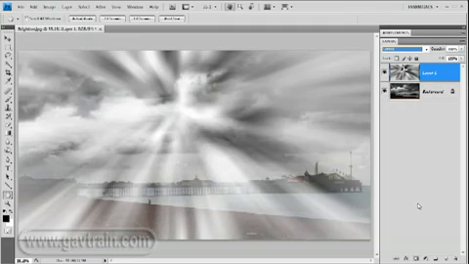Okay, so there we are. There's my screen overlay, and you can see the pictures coming through, but it's a little bit on the bright side, isn't it? It's a bit much. So we're going to tone this down by making a layer mask. Now we'll find the layer masks right down here, right at the bottom. It's a little rectangle